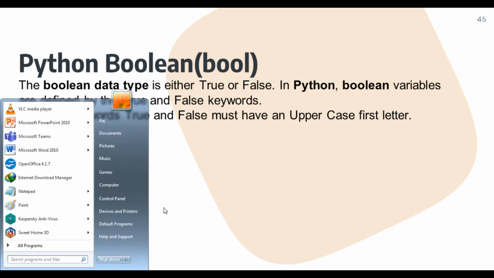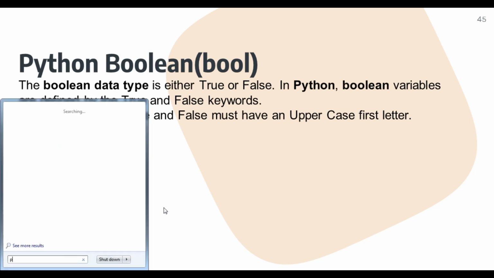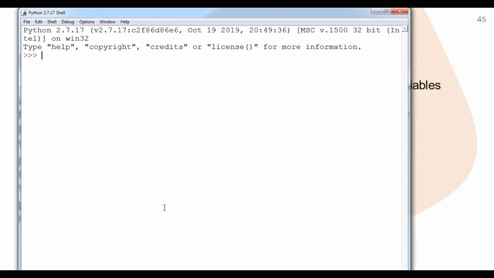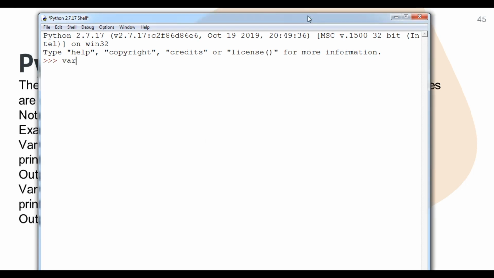So student, let's begin practically how to do that. To do that I have to open Python IDLE, and I will do this particular program in shell mode only, I am in interactive mode only. So what I will do, student, I will create a variable named where equals to True. Now I have stored True inside that. If I go to print where, it will show me True. There is no need to type print in shell mode, so I have directly typed where.